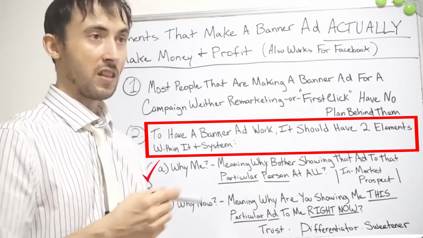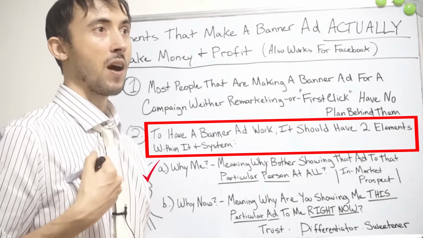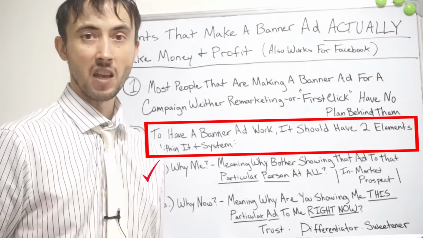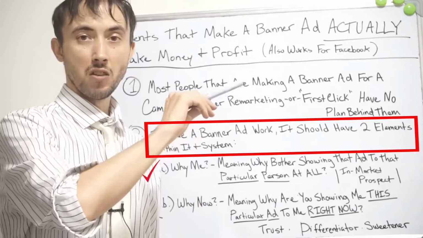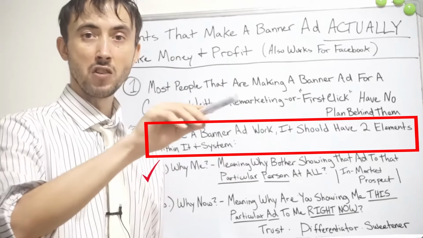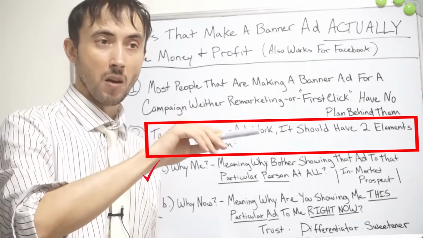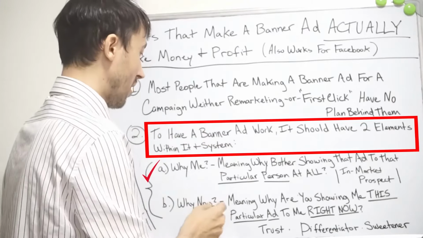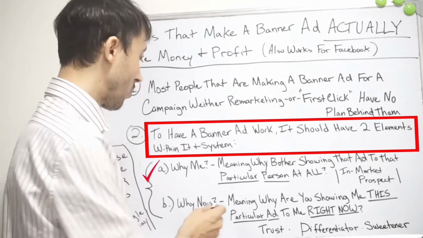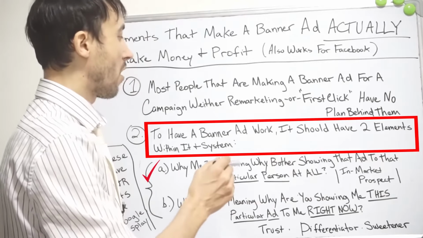So when they see the ad, they're going to say, why me? Well, I was going to buy a tennis racket anyway, and you're going to give me some information about tennis rackets here, so I'm going to pay attention to it at the very least. Then once you've got the user's attention, it's the why now. Meaning, why are you,